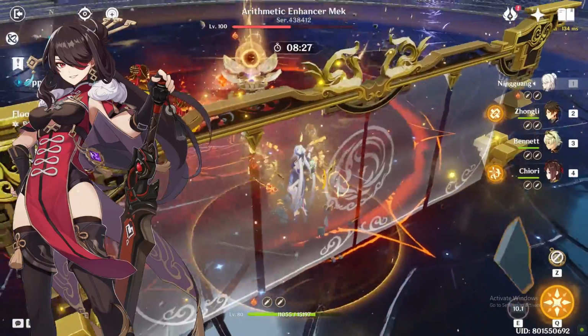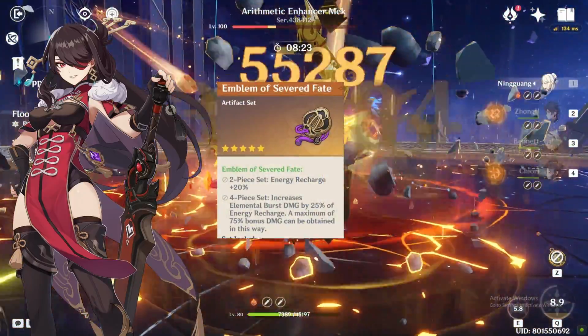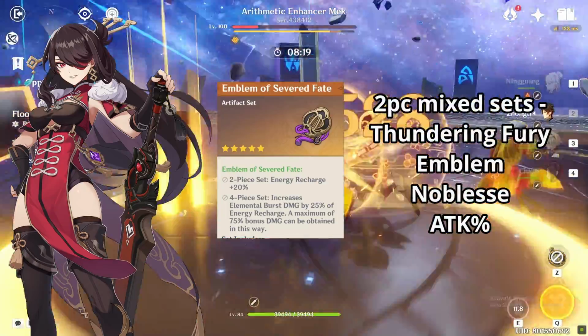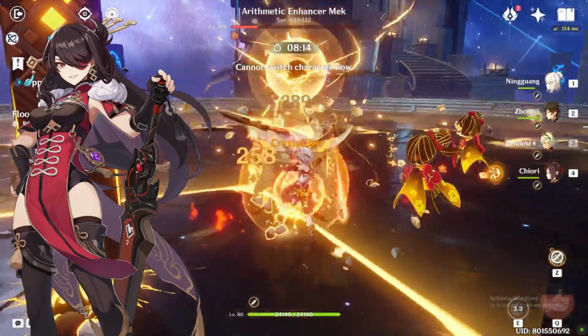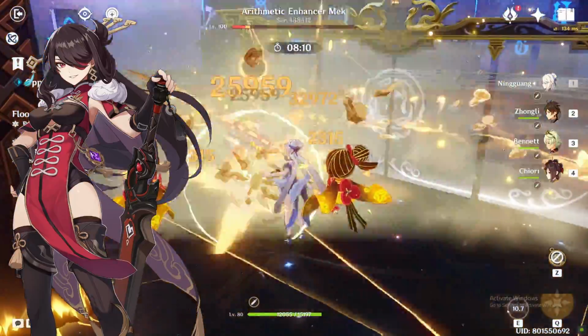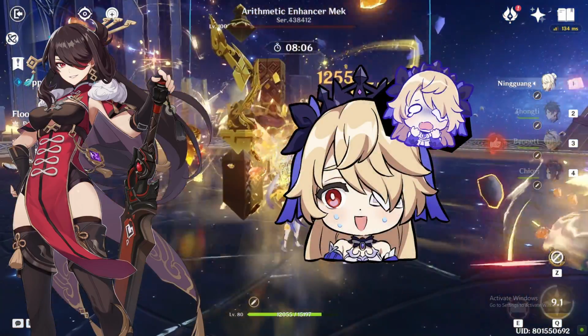For artifact sets, 4-piece Emblem is her best artifact set. Alternatively, you can use 2-piece mixed sets of Thundering Fury, Noblesse Oblige, Emblem, or attack percent sets. You need to have her burst ready for every rotation, so you need to make sure you have enough energy recharge. It is usually recommended to use Beidou along with an electro battery, preferably Fischl, to reduce her high ER